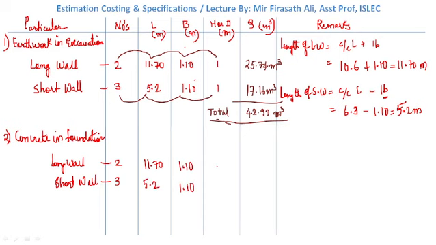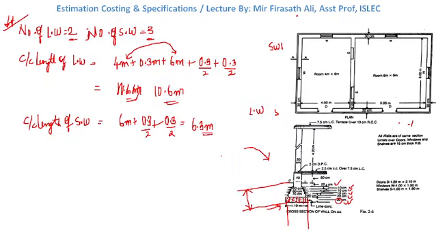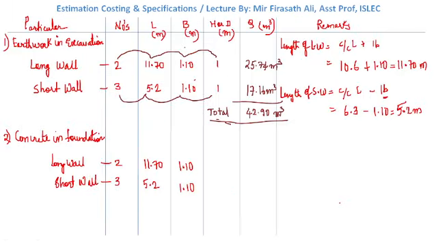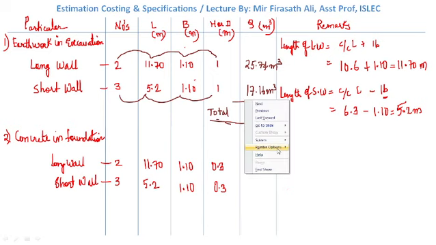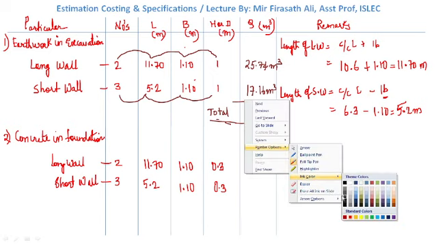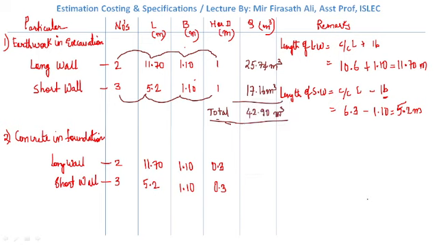Just here we have taken everything from the ground level. Here we had to dig a trench, but here we just need to pour this. So we will take only this height. What is this height? This height is 30 centimeter. If we convert it into meter, 0.3 meters. So if we multiply the quantities, we will get the quantity of concrete in foundation. Multiply these values.